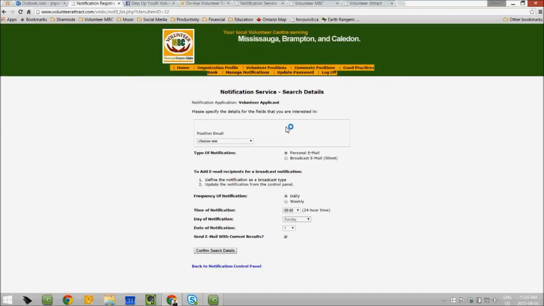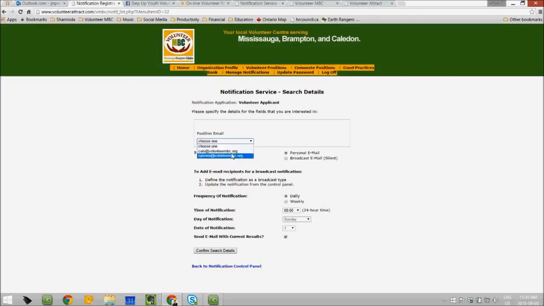So we are going to set our notifications so that whenever a volunteer applies, we will receive that notification. You will receive that notification at a frequency that is set by you, which I will show you in a little while. So click on position email and include the recipient.